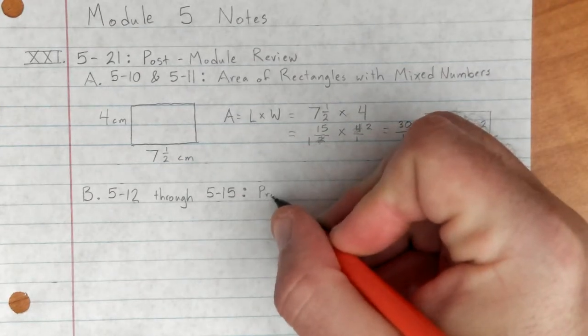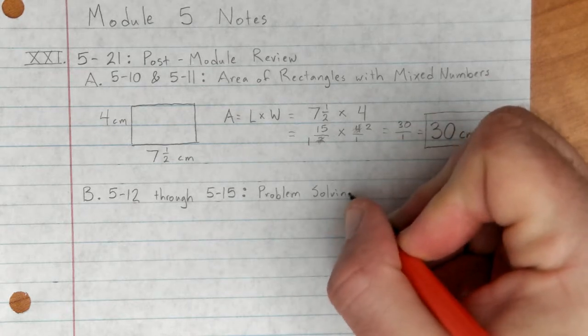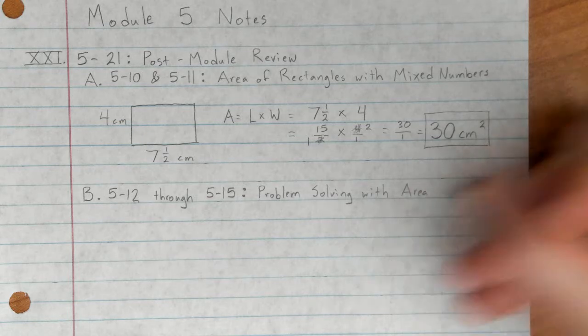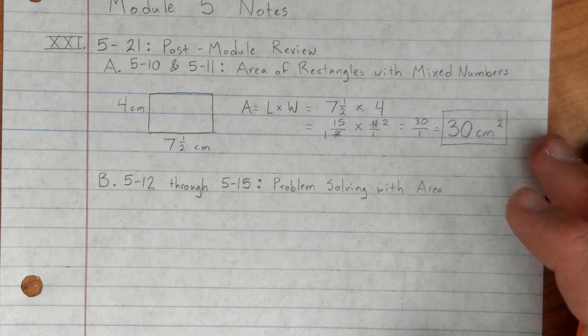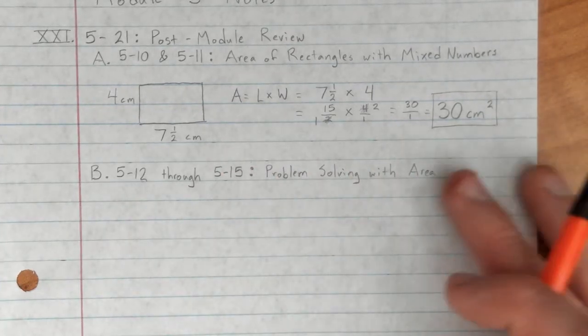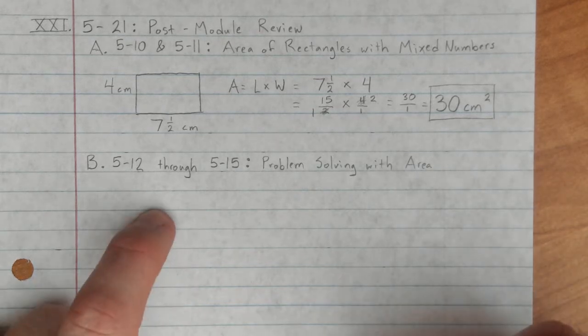Okay? Problem solving with area and fractions, but we'll just leave it as that. Okay? We're not going to do a full example here. There are plenty of problems you can look at in these areas if you feel like you would like more practice. Okay? But the big thing,